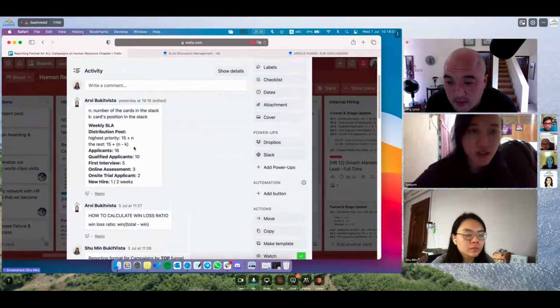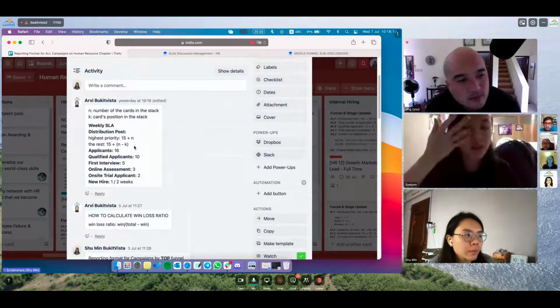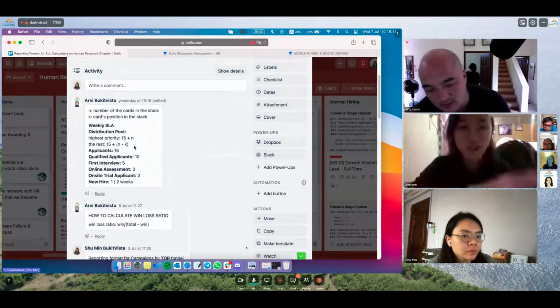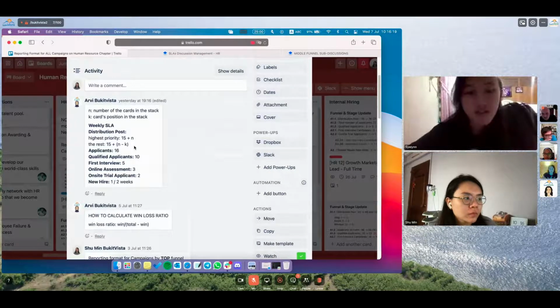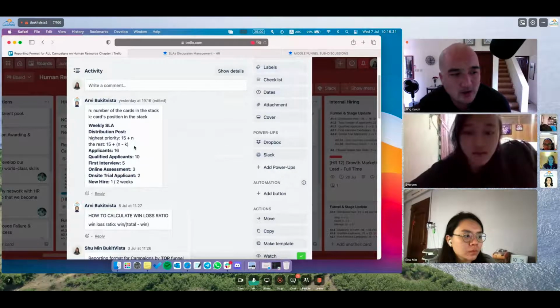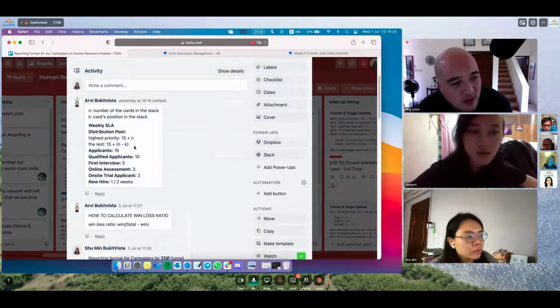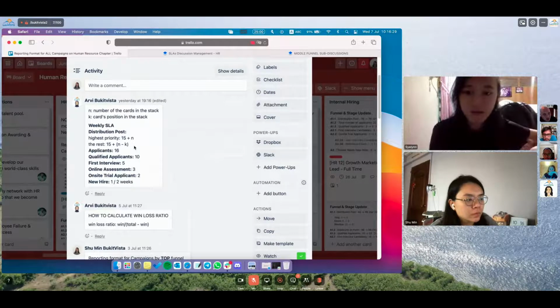So for the middle and low priority campaigns, the number of distribution posts for the whole stack is the same, because it's higher priority. Then in the high priority stack, we also have our priorities with the positioning. Okay. The question, I guess, is why do we do 15 plus N? Is there some sort of thought process behind that?